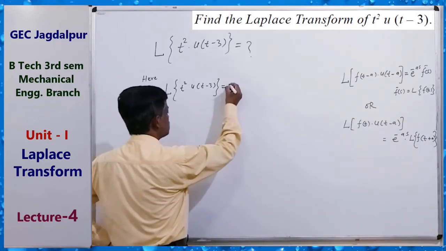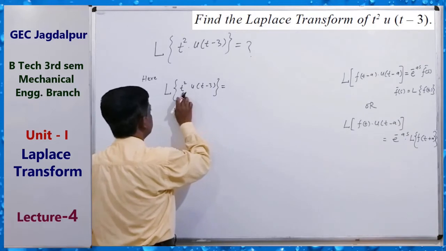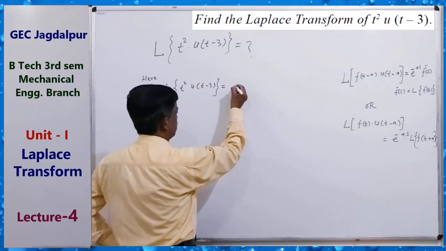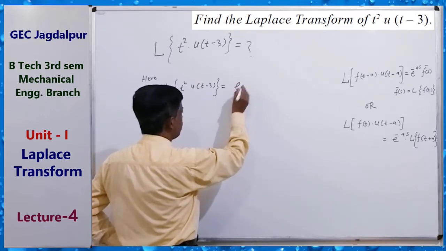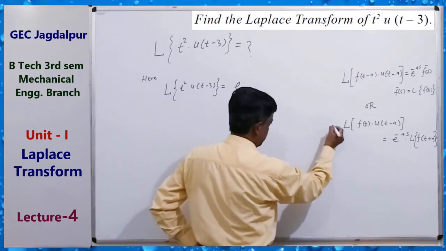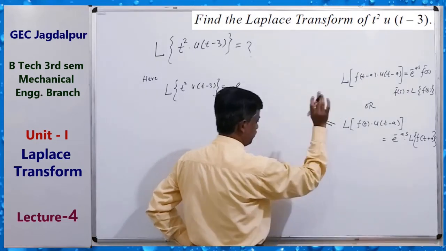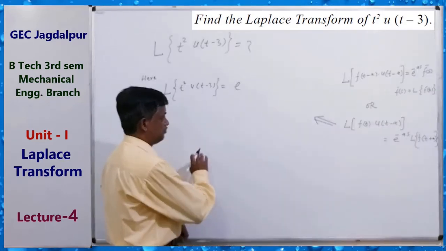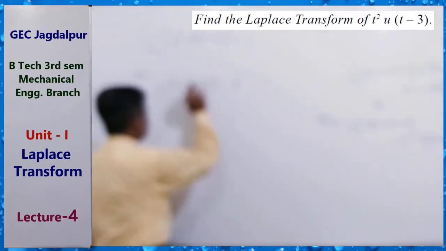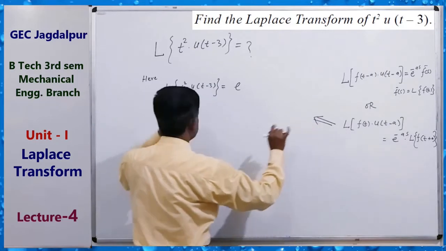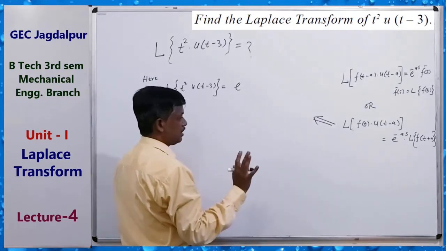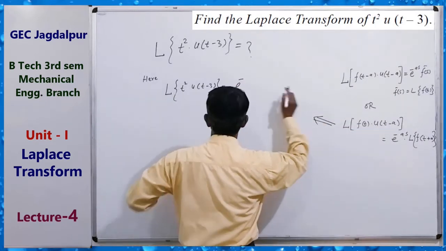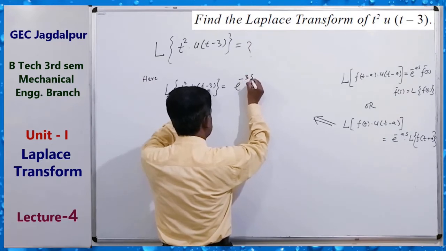How? The Laplace transform of this is equal to e to the power, by using this formula. Since we know that this is our formula, now u(t minus 3) means u(t minus a), and f(t) means t square. Clear? So we can write this is equal to e to the power minus as, meaning 3s,